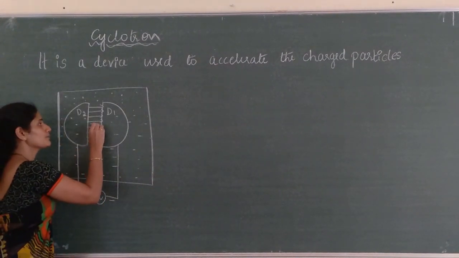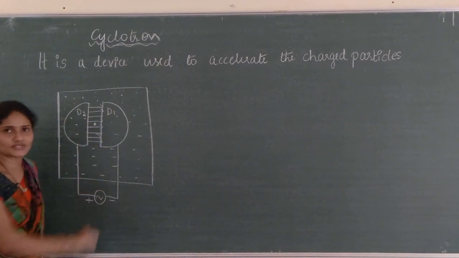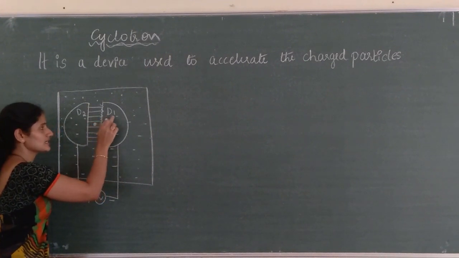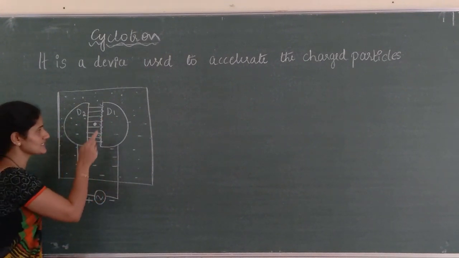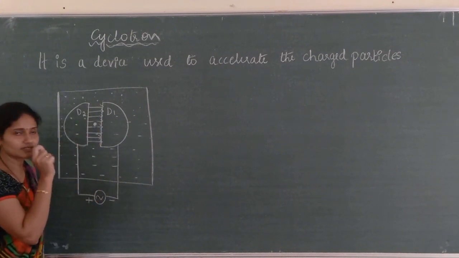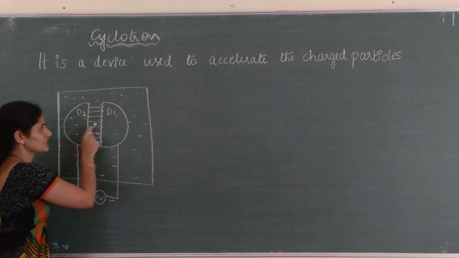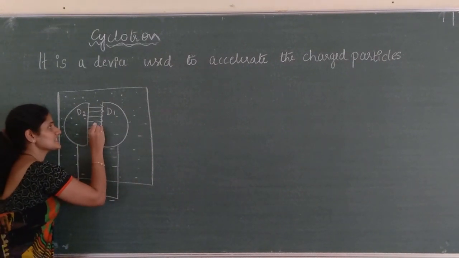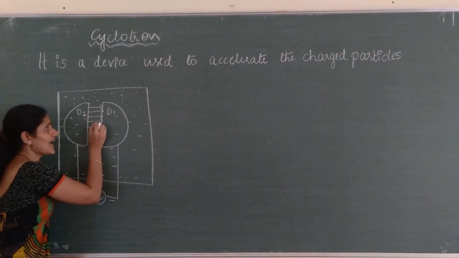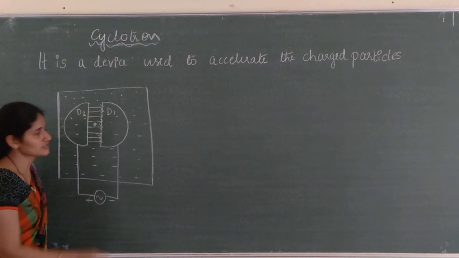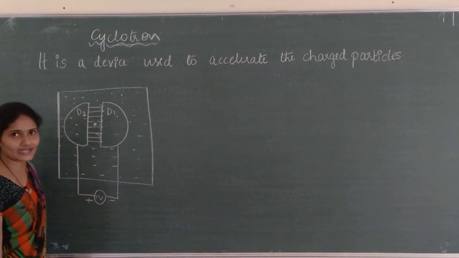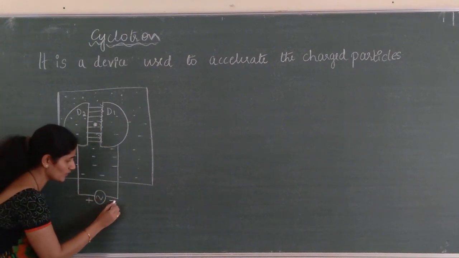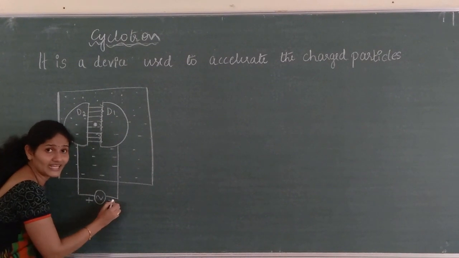So, there is one proton. Proton is a positively charged particle. So, that proton is placed between the two Ds, D1 and D2. Between these two Ds, there is one proton, a positively charged particle, placed in the presence of electric field. Since it is in the electric field, this electric field will accelerate the charge, because always electric field accelerates the charge. So, this positively charged proton is attracted towards D1, because D1 is at negative potential.